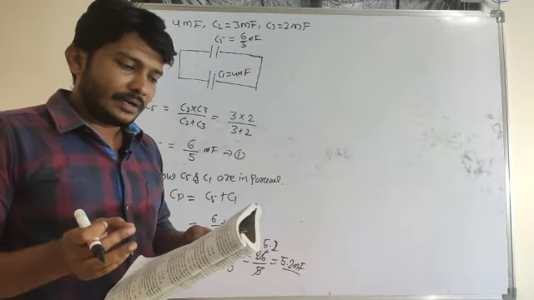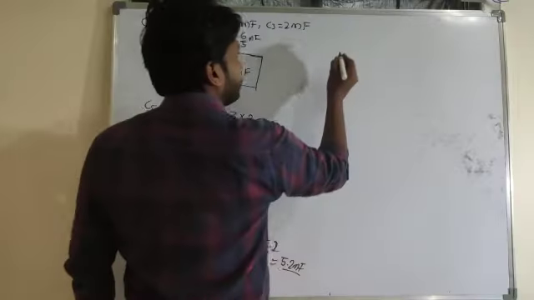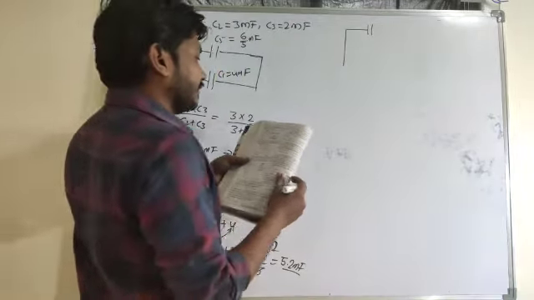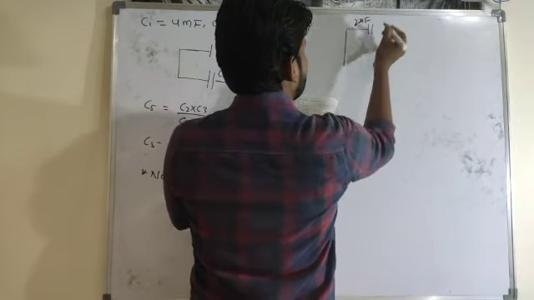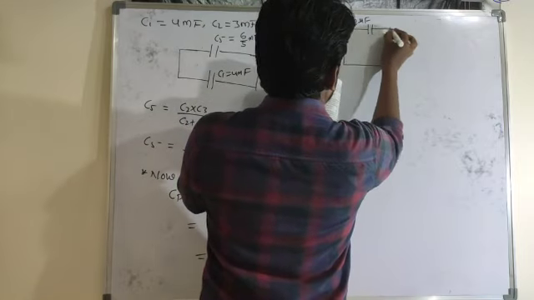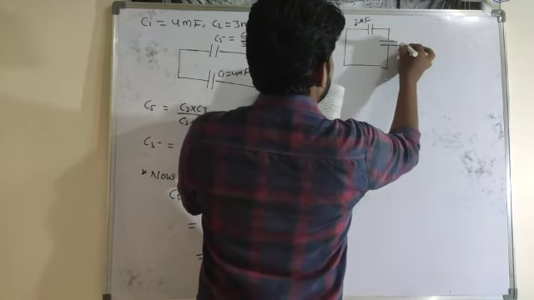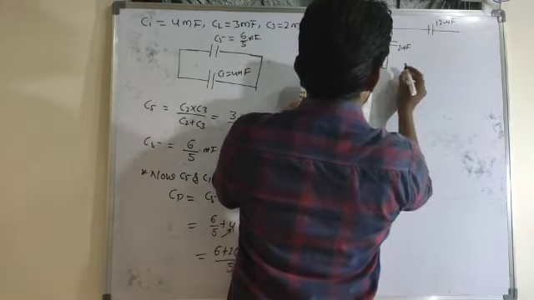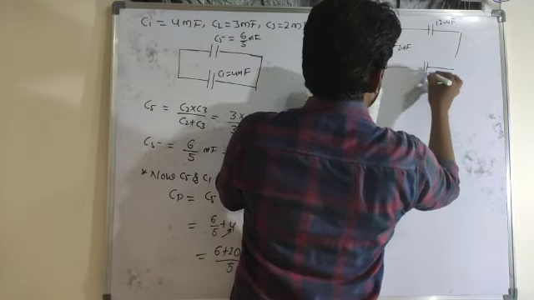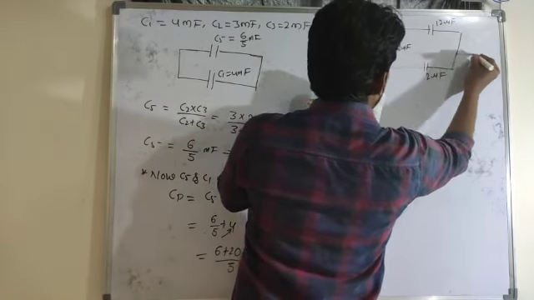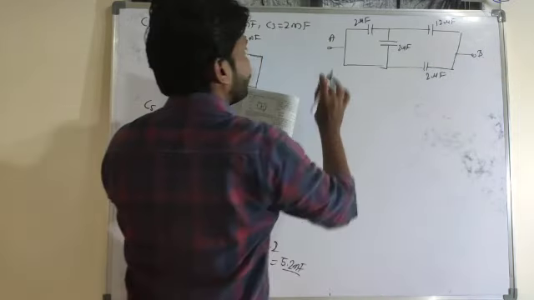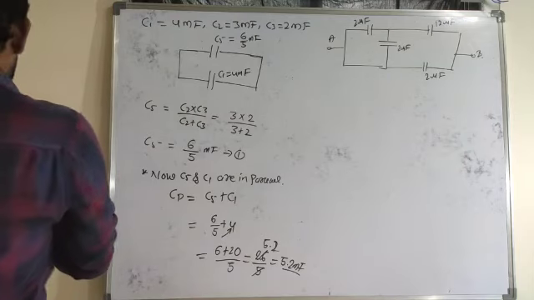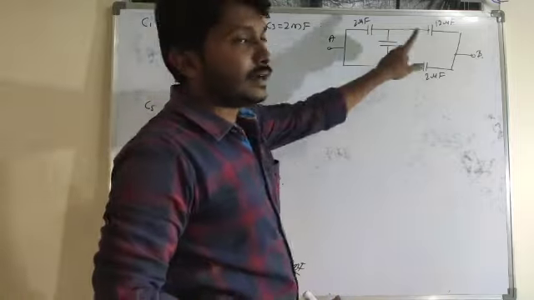Effective capacitance in microfarad between A and B will be. They have given one circuit here, and in that circuit I want to determine the effective capacitance between two points. This is 2 microfarad, this is also 2 microfarad, here 12 microfarad, and here also 2 microfarad. This is point B and this is point A. My intention is to determine the effective capacitance between points A and B.